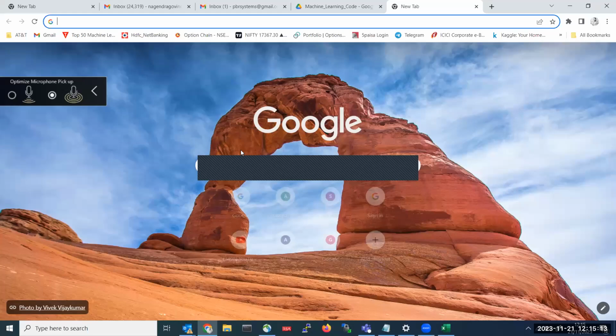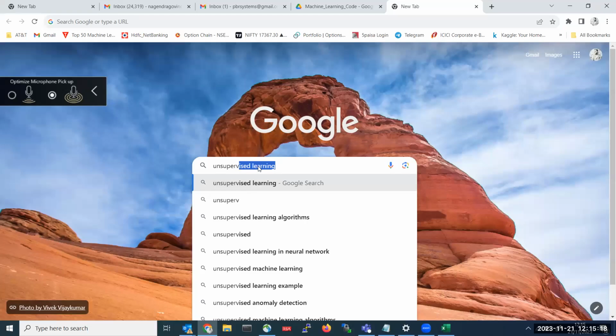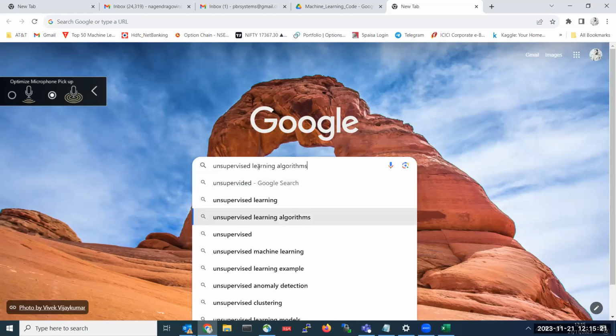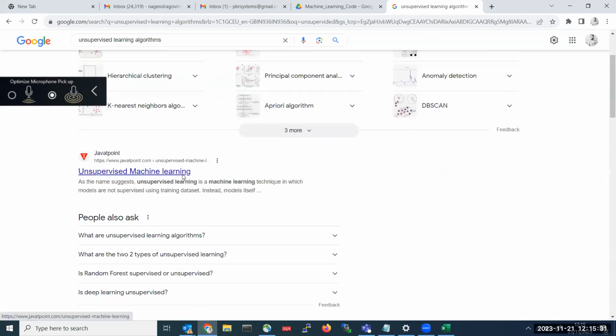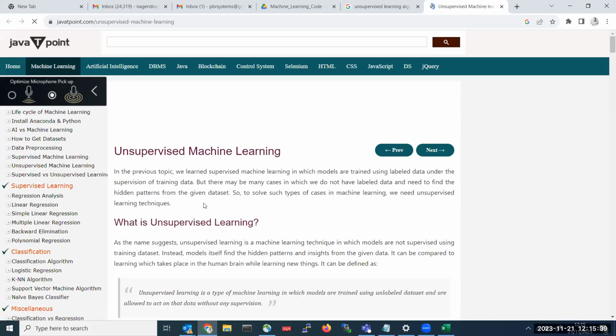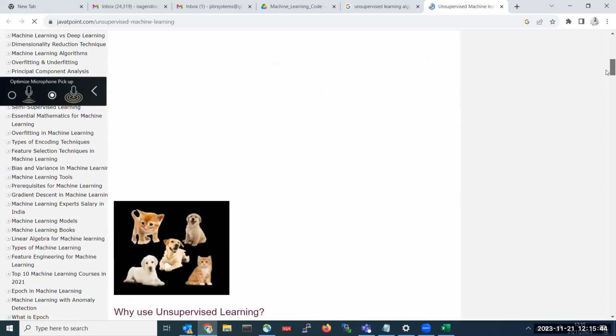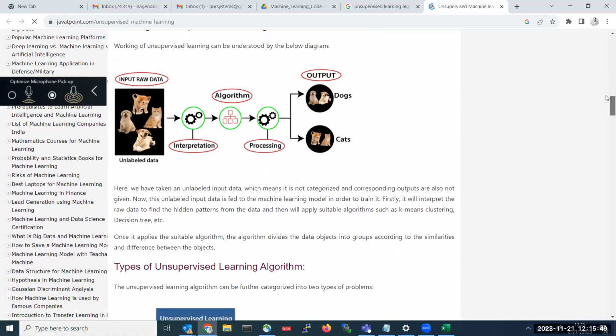So there are multiple algorithms, like K-means algorithm is one of the techniques. Like hierarchical clustering. So like that you have 3 to 4 algorithms. At least you need to remember 2 or 3 algorithms. That is enough. So let us go to JavaTpoint and let us read it. JavaTpoint is the best source where you can read theory related to multiple concepts.